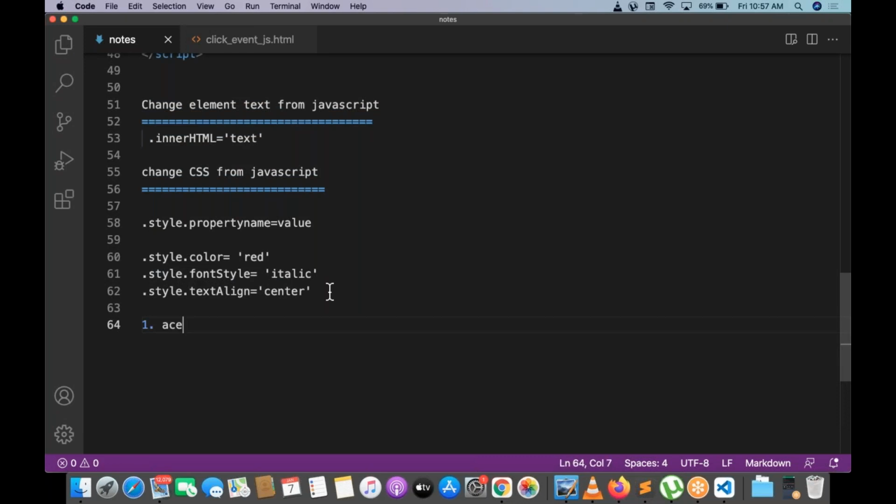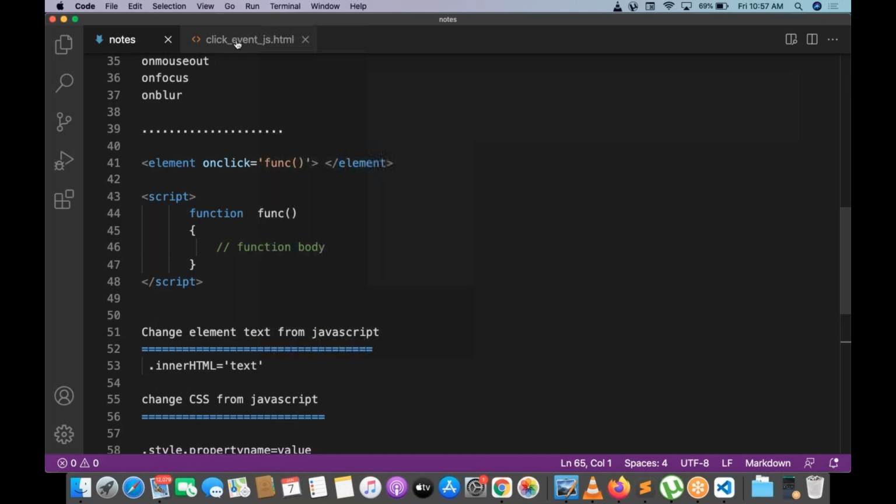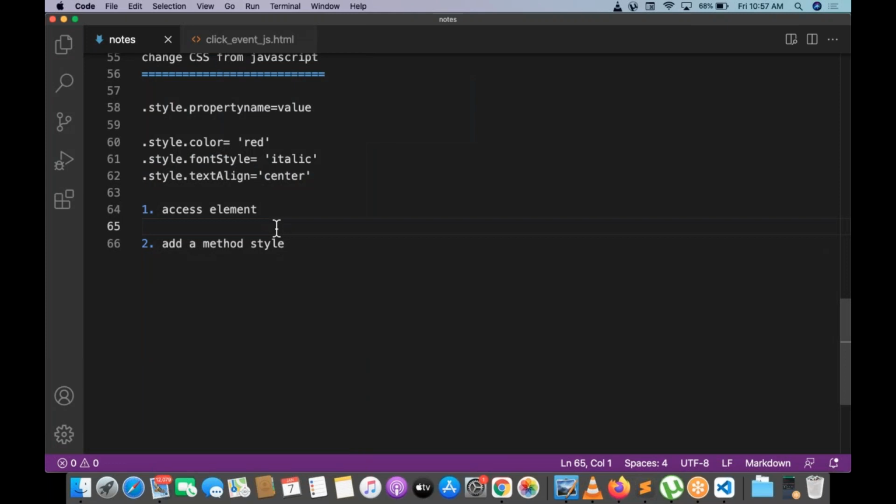To do this, first of all, the first point is to access the element. The second point is to add a CSS method, the style method. So the first step is very important. First step is accessing the element. How to access the element?